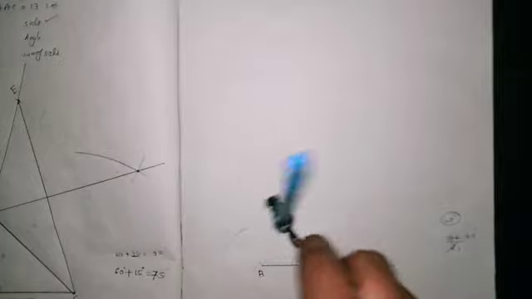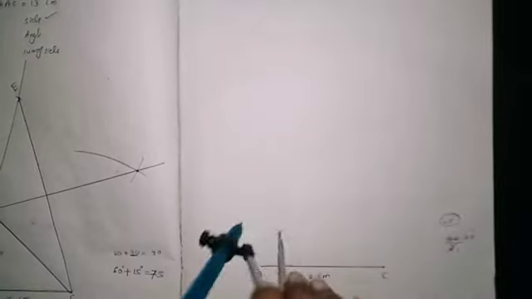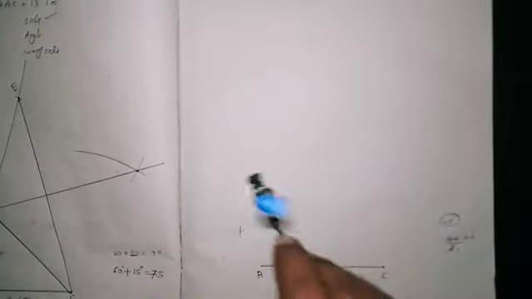So you know how to construct the 90-degree angle. Yes, so that means a little bit length you take and draw one half circle. Then from here if you draw one arc, you will get 60-degree. Yes, so if you draw here to here, then you will get another 60-degree.